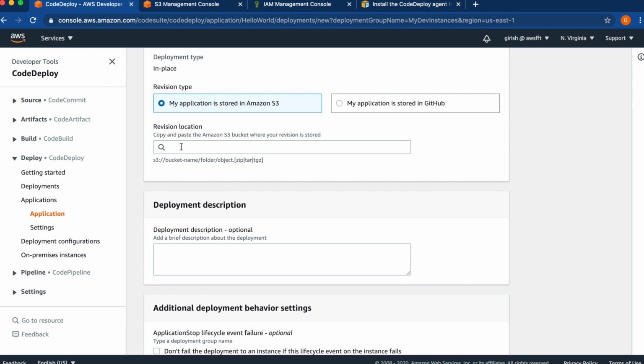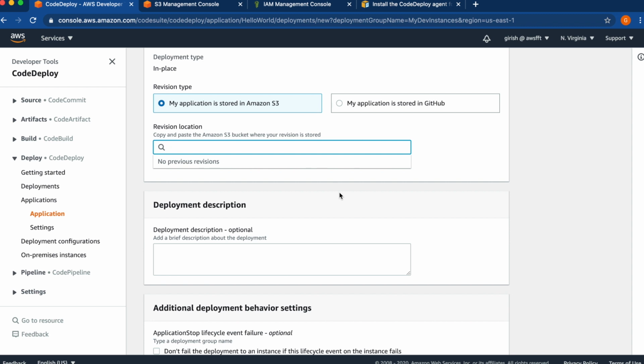We should choose the revision, which is the actual code you want to deploy. Before that, you should put that in an S3 bucket, which you can specify here. But for this application, we haven't put any code in an S3 bucket. So we have to do this.